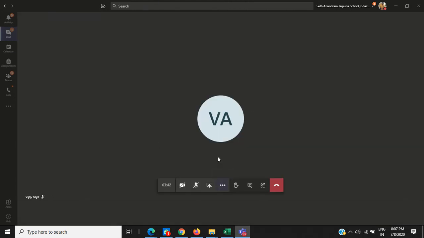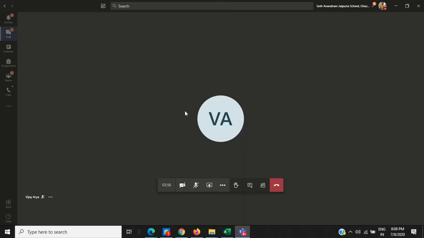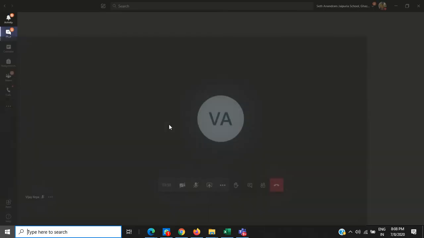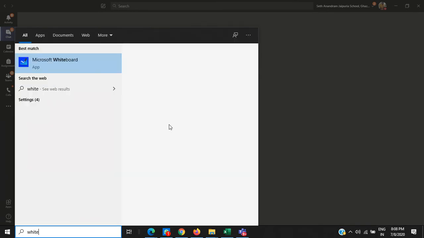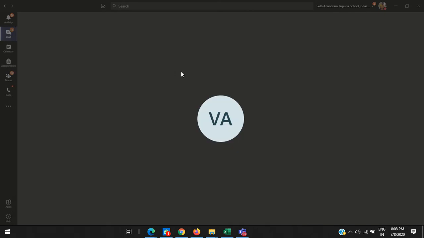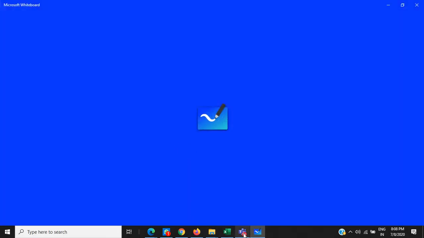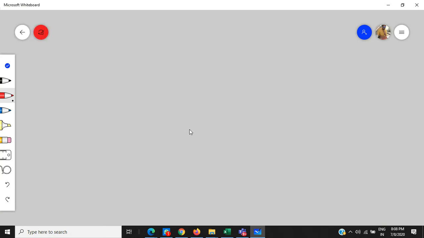What we can do is this: we have to use the whiteboard and we don't want anyone to interrupt our screen. So we have to share the screen, and what we can do is simply install the Whiteboard app. In advance we can open it, so when we take the class it is already open on your screen. It will take some seconds.